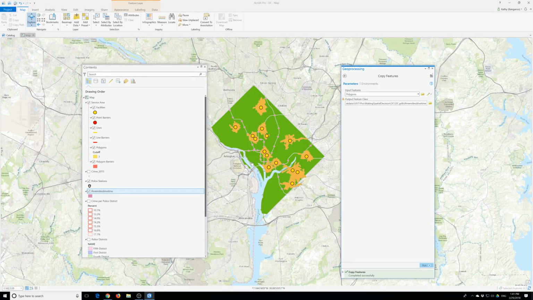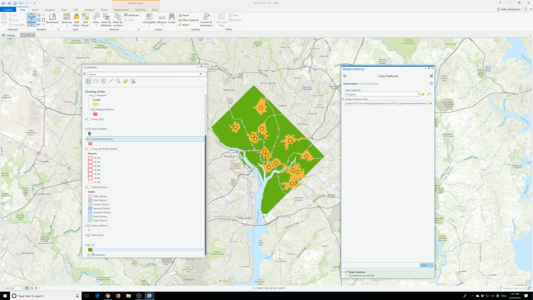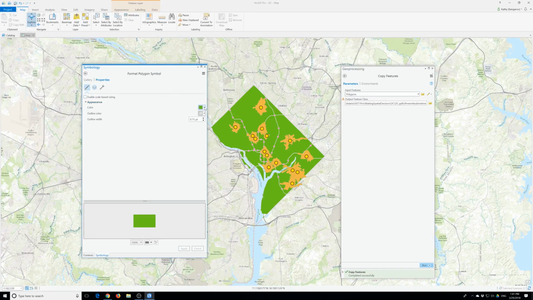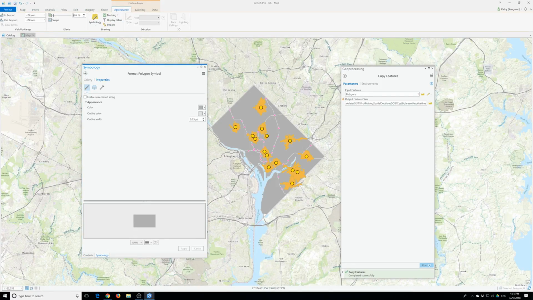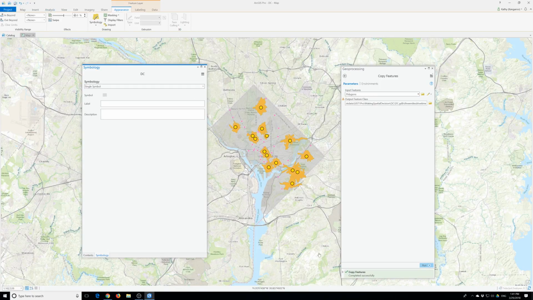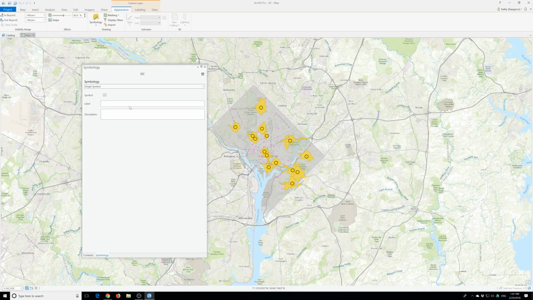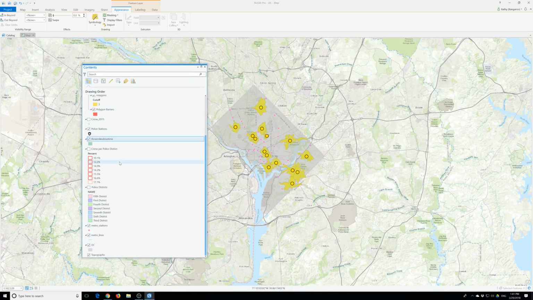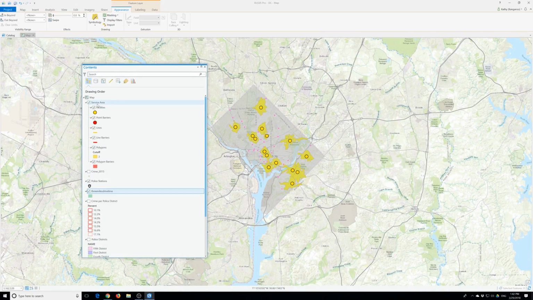So it looked like this, and the DC, I'm just going to change it into a little gray color. Click apply. Go back to appearance. Let's do 60% transparent. Click run. Oh, I don't need it. Okay, I already have it. Okay, close it out. 3 miles drive time, and then